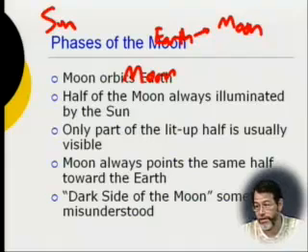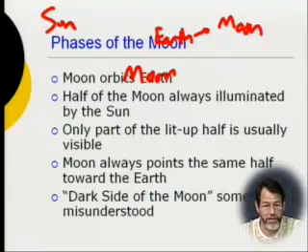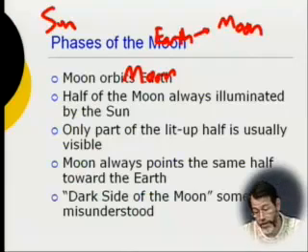But that's not true. The dark side of the moon is the part of the moon that faces away from the sun. Because if it was on the light side of the moon, it would be lit up from the sun. So the dark side of the moon is sometimes where we can see it. If you see a crescent moon, the crescent part is the part that's lit up, and the other part is the dark part of the moon, the dark half of the moon.